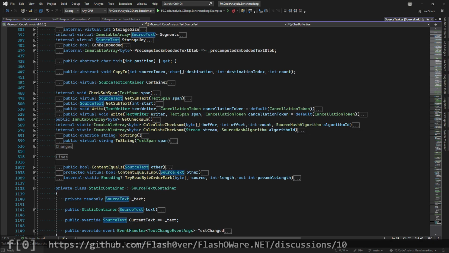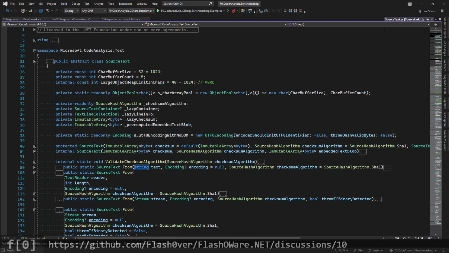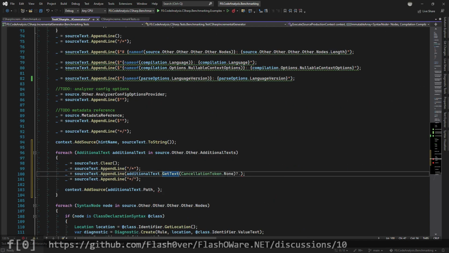I believe we just toString, yeah. Dot toString. But if it is null, then we say